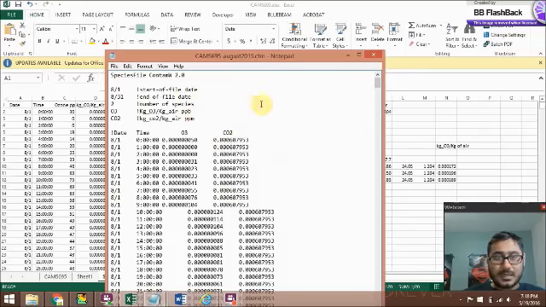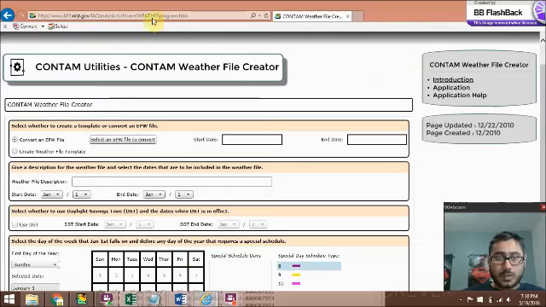So once this is set up, the second step would be to set up the weather file. You would have to go to a link provided. This link is there in the tutorial book. This link only opens in Internet Explorer. Once you have your EPW, or you have set measured data, you could import an EPW, set your start